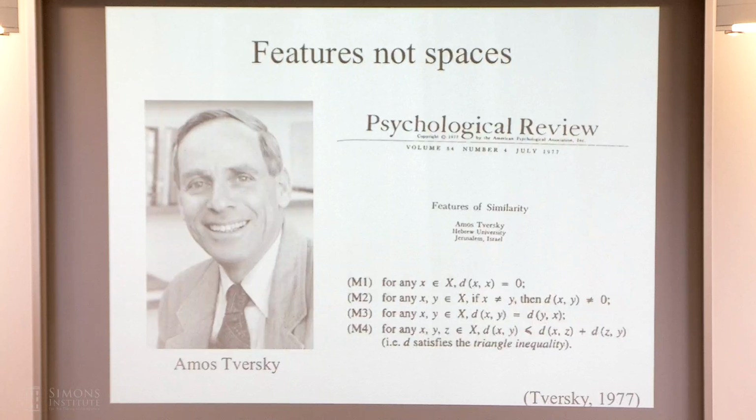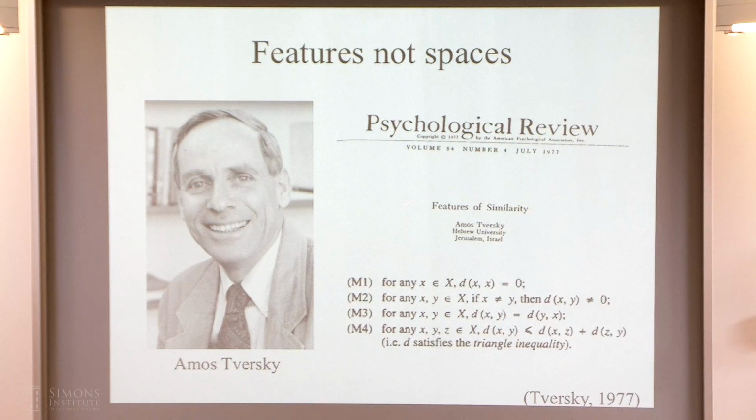And another psychologist, Amos Tversky, who is famous for his work with Danny Kahneman on analyzing the structure of human decisions. You could read Michael Lewis's recent book about this, soon to be a movie, about the relationship between Kahneman and Tversky. So some of his less famous, but I think some of my favorite of his work focused on this question about how we should figure out the structure of similarity.